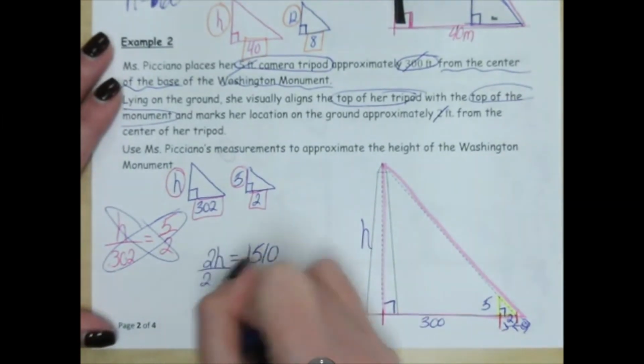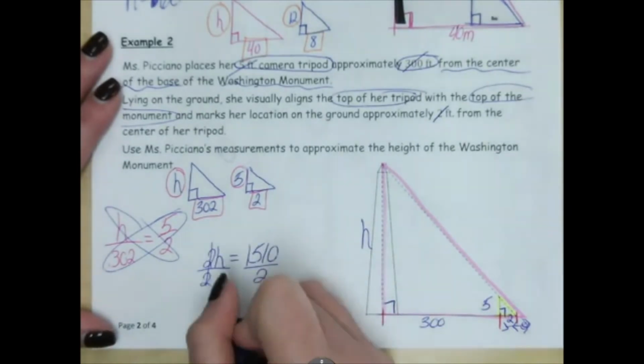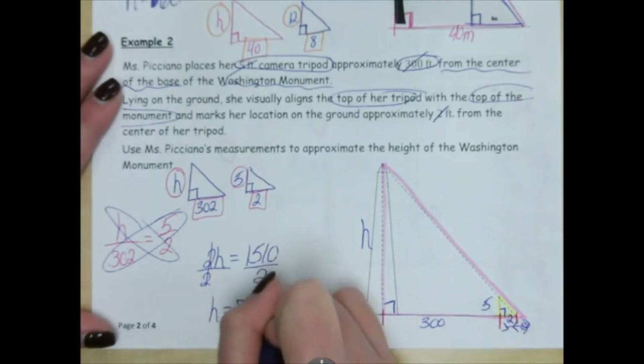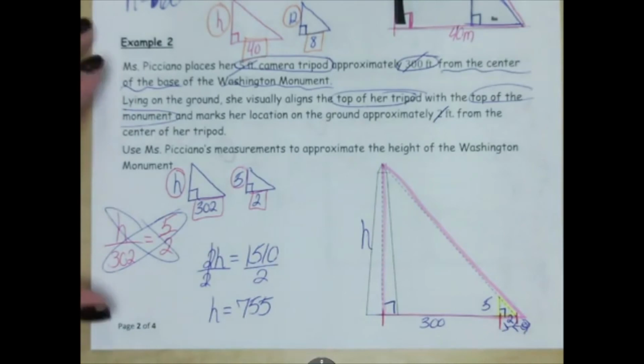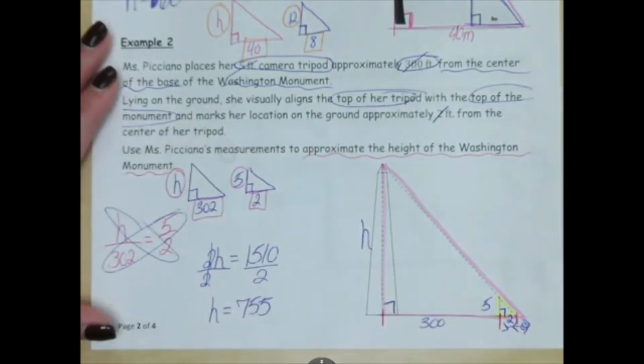Last but not least, I want to get h by itself. I have to get rid of that 2, so the opposite of multiplying is dividing. So I'm going to divide both sides by 2. So h, my height, is going to be 755. So when the question says, I want to approximate the height of the Washington Monument, I'm going to say